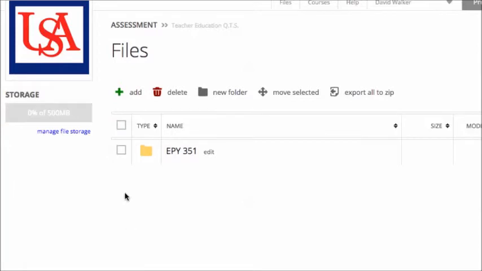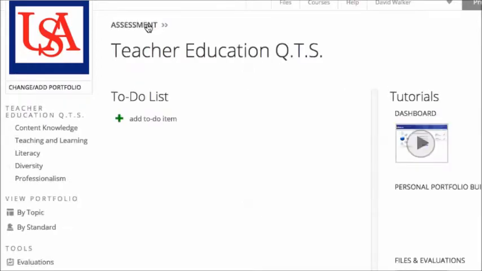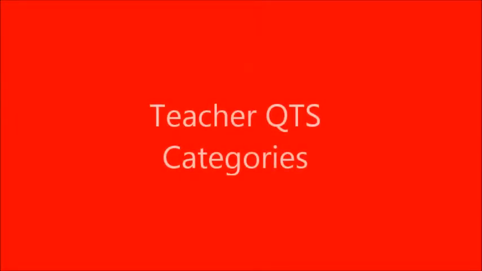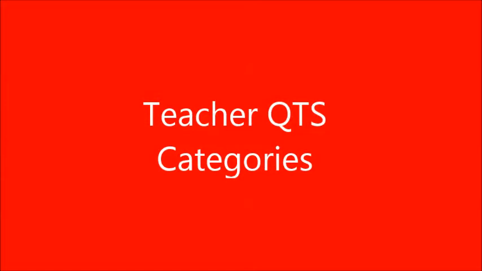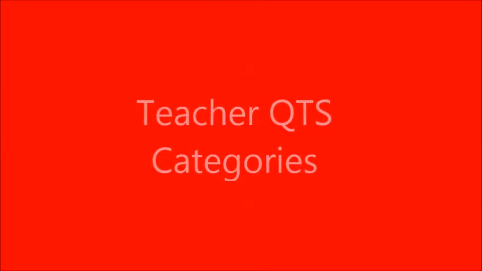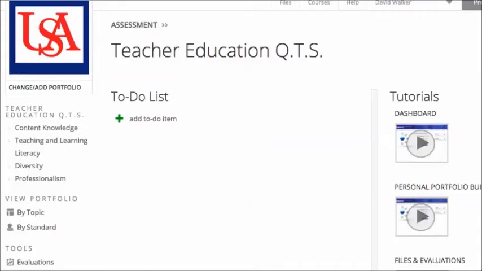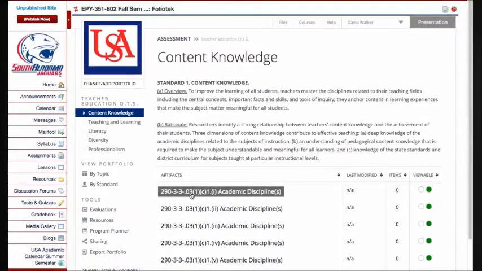Okay, now let's move on to the assessments. Go up top, click Assessments, and go back out to the main dashboard. Your default portfolio is Teacher Education QTS, which is Teacher Education Quality Teaching Standards. Notice there's 5 categories under Teacher QTS. Click on the first one, Content Knowledge. All 5 have